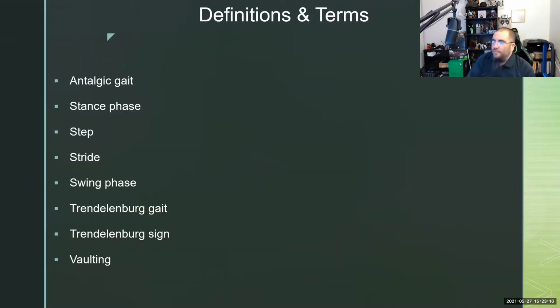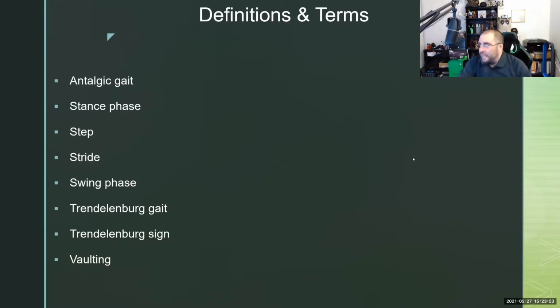So Antalgic Gait, we're going to find out about it in a little bit, because if you ever put that on any of my SOAP notes, I'm going to take my little squishy ball and bounce it off the front of your forehead. So Antalgic Gait is a no-no. We'll talk about why in a little bit. Antalgic just means painful gait. Who has a painful gait? Almost all of us at some point in the day, right? I know yesterday, after going out running, I twisted my ankle a little bit and I had an Antalgic gait for a little bit.